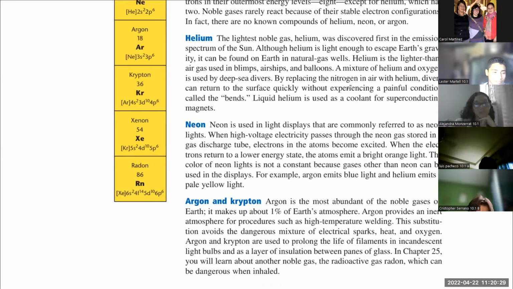Okay, and neon. One of the uses that we have for neon as an element is that it's commonly used in lights. That's why we say neon light. That's what it means. Those are lights that we can see because of the characteristic of neon. The color that it shows, how bright it is, is a characteristic of the neon gas. We are going to